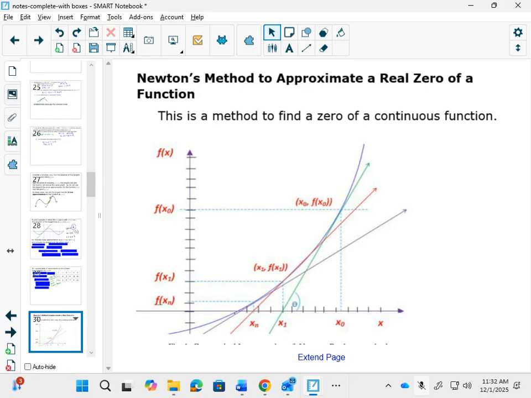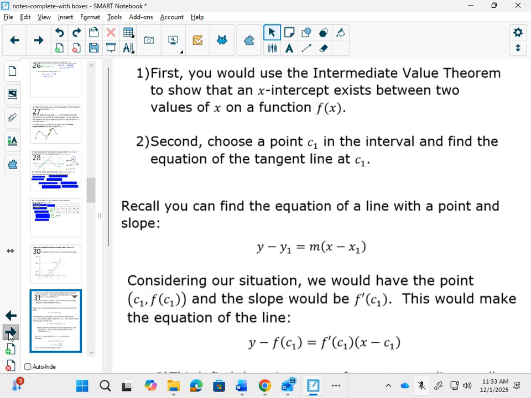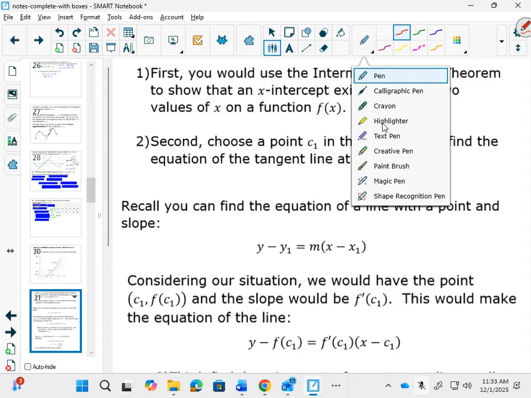This is an application of linear approximation. So you have a continuous function, and you want to find the zero, but mathematically you can't find it well. Okay, so maybe it's some equation that you really can't solve. This is going to review some important concepts. So if it's a continuous function,